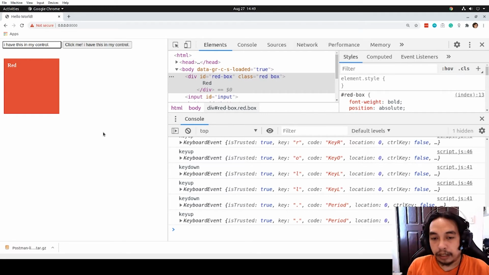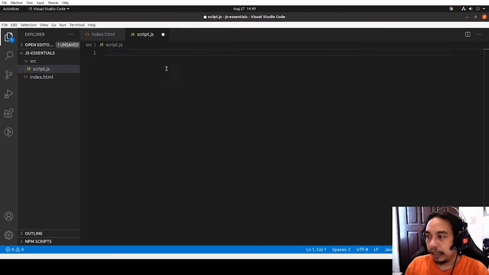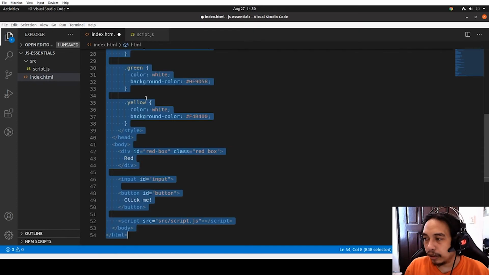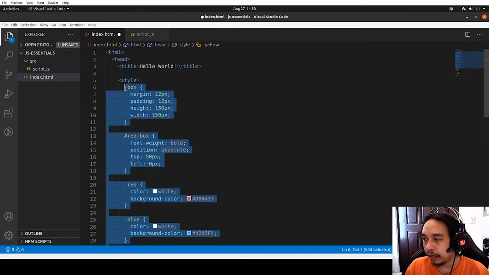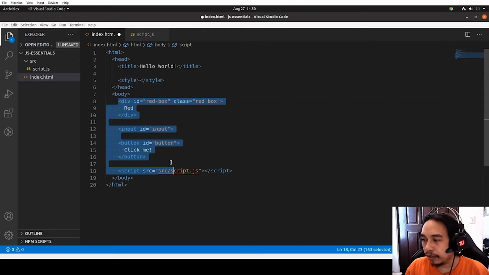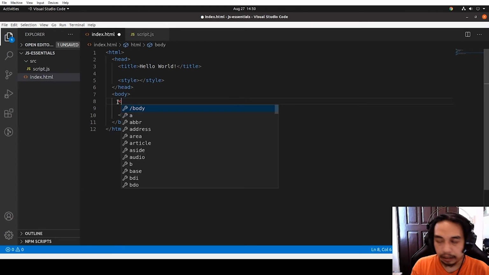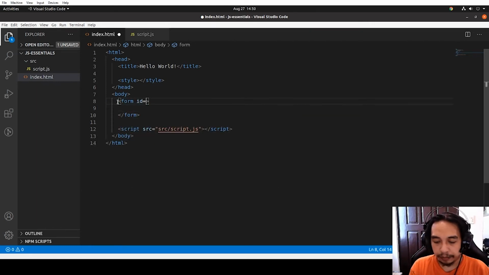Now that we are done on that, let's move to forms. So let's delete everything here. Oops, not this one, that's too much. Let's delete everything for now, all the styles that we have set up and the div as well. Now take note of this button. It's just an ordinary button, but on our next example, if we are using forms,